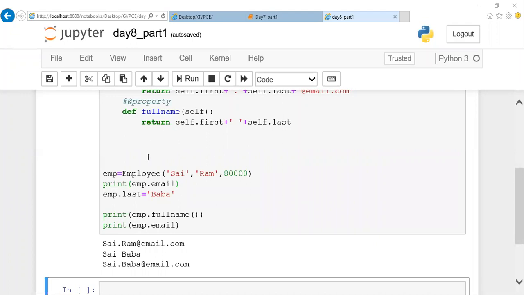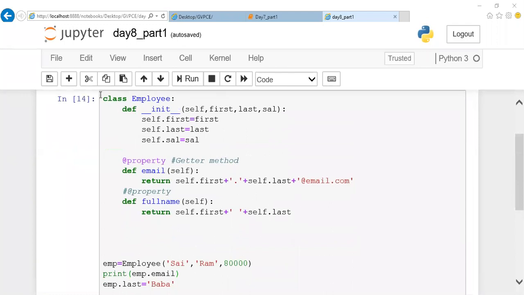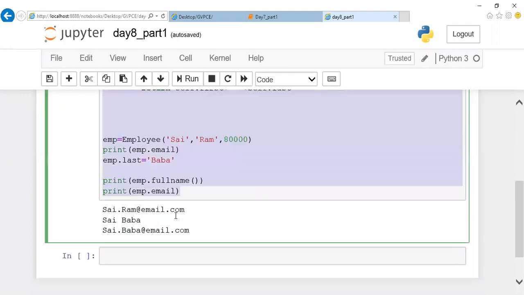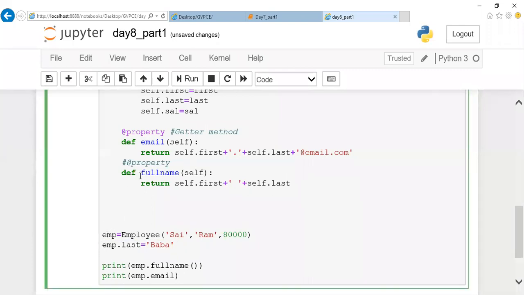Next, we'll go ahead with the setter property, another important method. For the same program, let me copy paste this program down below. If I keep on stacking, sometimes you people will be confused, so I'll copy paste it here separately. Now, let us assume I want to pass a value for this full name.